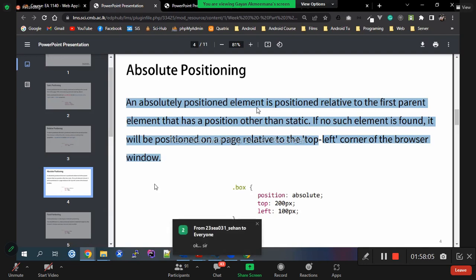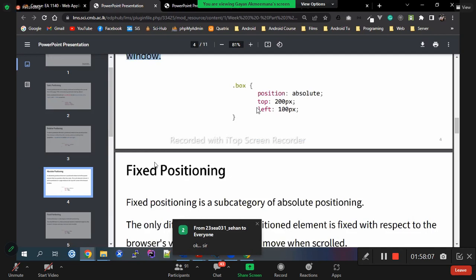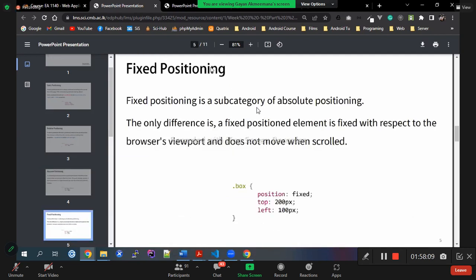Okay. Then the next positioning method is fixed positioning. Okay. So it is also fixed positioning is a subcategory of absolute positioning. The only difference is a fixed positioning element is fixed with respect to the browser's viewport and does not move